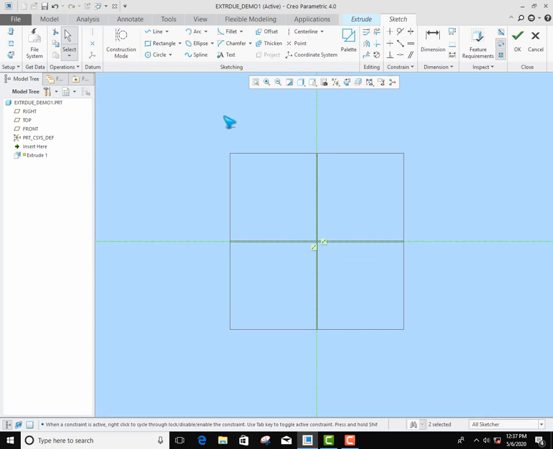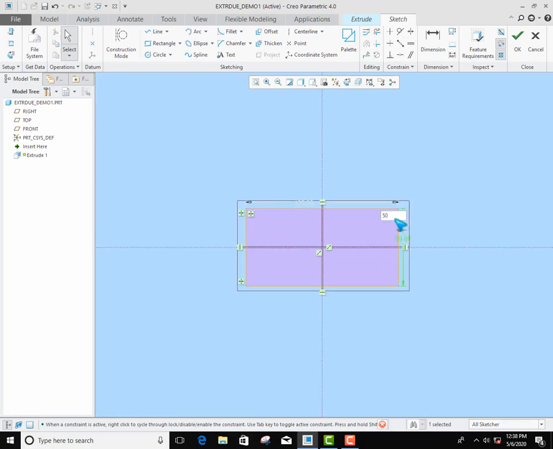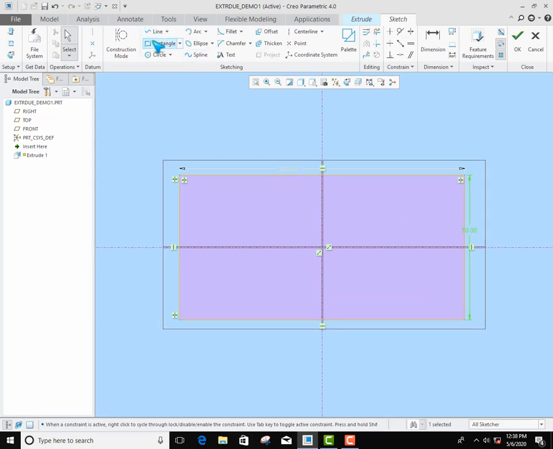So here I am drawing one rectangle, taken as a symmetry, 100 by 50, inputting this.